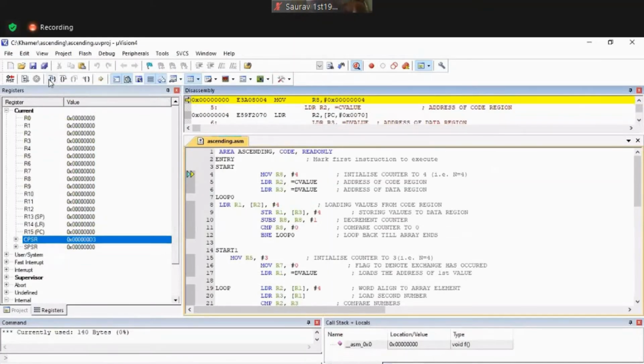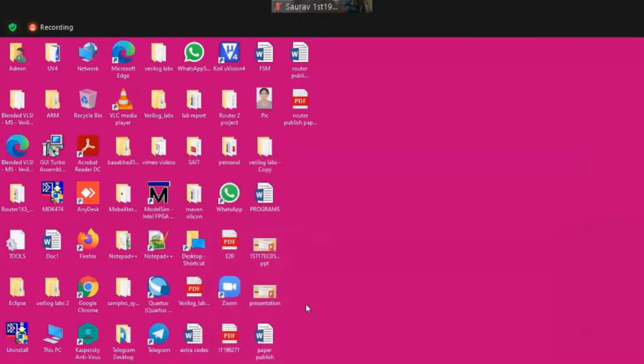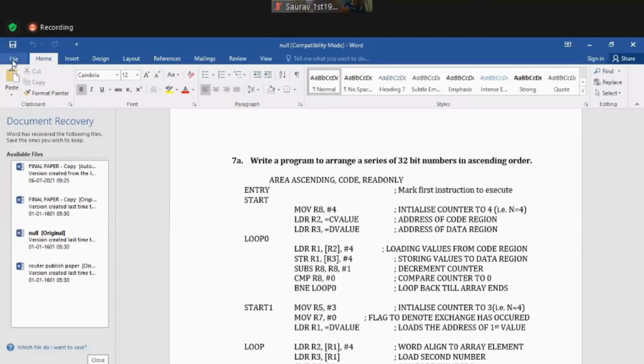Fine. So I have to do this with everyone. See, my pointer is pointing over here. I actually want, just a minute, I'll try to open one PPT or some Word file. I will try to open a new one. Yes, I will be sending this full program file today, guys.